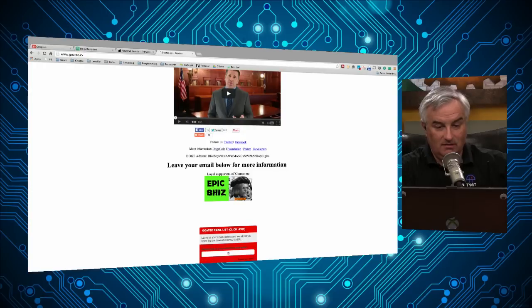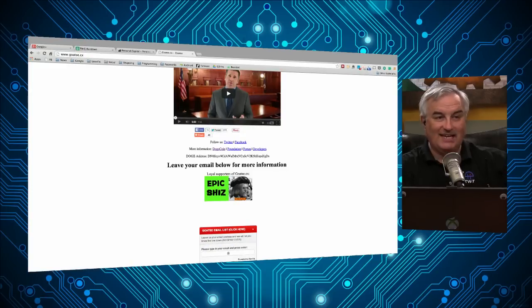No, Goatse is not doing Goatse anymore. Well, they've got a Doge address. They want Dogecoin. You're taking a chance showing that. Yeah. It's just an image. It used to be just an image. It wasn't like a URL. No, it is a URL. Well, it could be, but it always wasn't a URL.